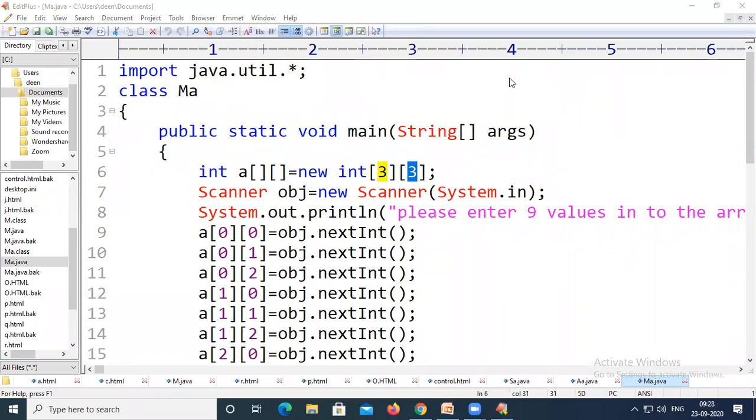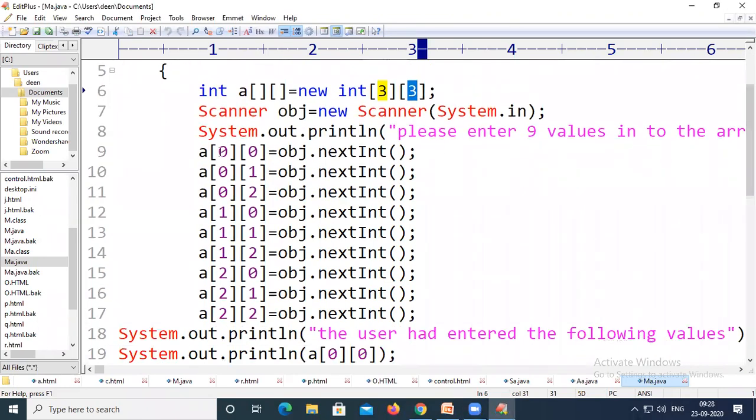These 9 numbers are saved at the locations row 0, column 0, row 0, column 1, row 0, column 2, and then row 1, column 0, row 1, column 1, row 1, column 2. If we have a matrix like this, we can represent the rows as 0, 1, 2, and the columns as 0, 1, and 2.